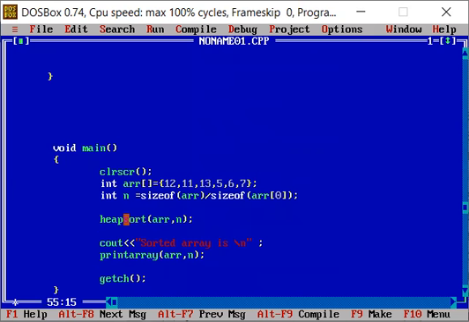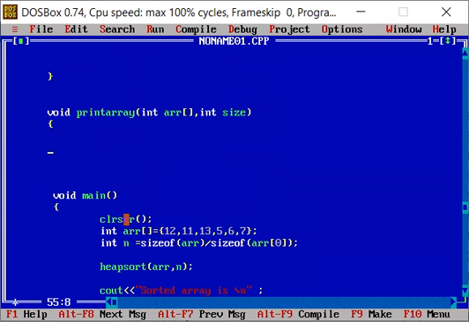Okay, we need to define a print array function as well. So I'll write void printArray, and I'll declare this array, and after declaring I'll write int size. Then we'll take I as the loop execution variable, and we can take that in the for loop as well.